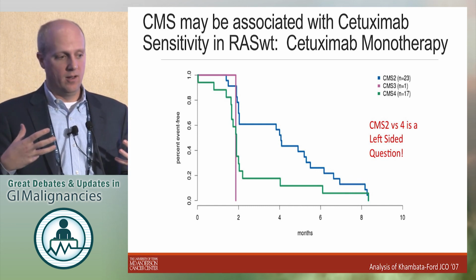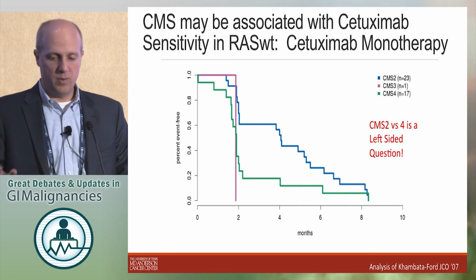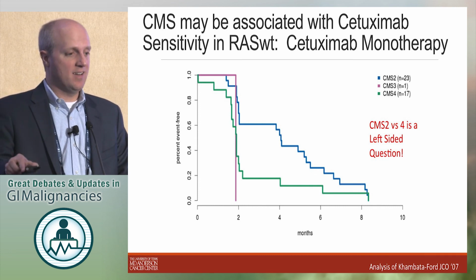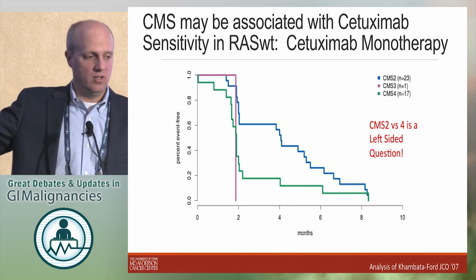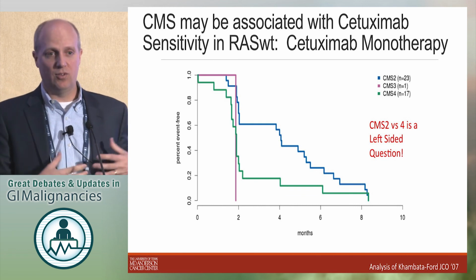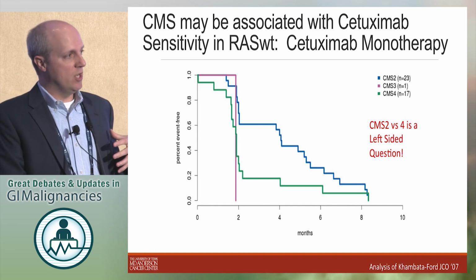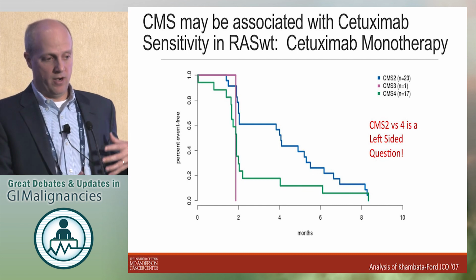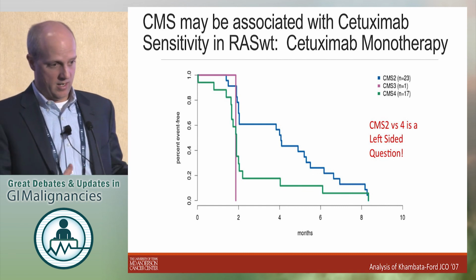It's a great surrogate, but this is actually some data from a cetuximab monotherapy study that's almost a decade old, but we went back and looked at it and annotated it for CMS2 and 4. As we know, CMS2 and 4 are really left-sided, so even within the left side, CMS may be associated with differential activity, right? So CMS2 has better outcomes with cetuximab than CMS4,